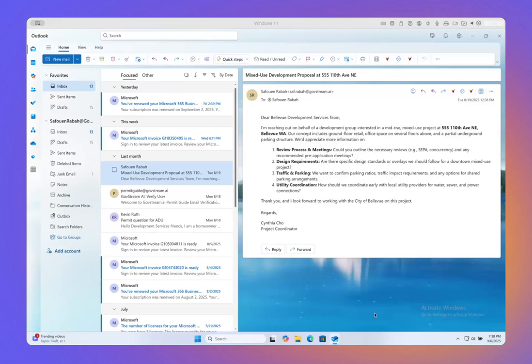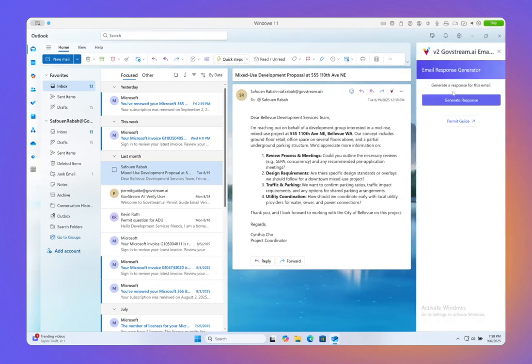Hello, today we're going to look at our Permit Guide email assistant. We've designed Email Assistant to help with incoming emails. So when folks have questions, they send a ton of email to the Permit Center. And these emails can be simple, can be complex, they can be quick to answer, or they can require a